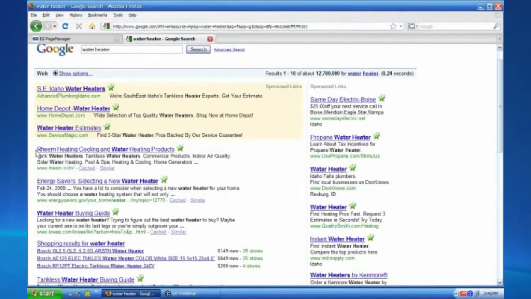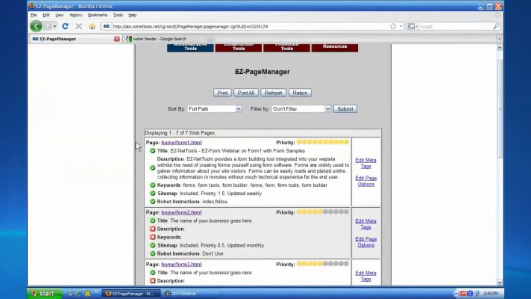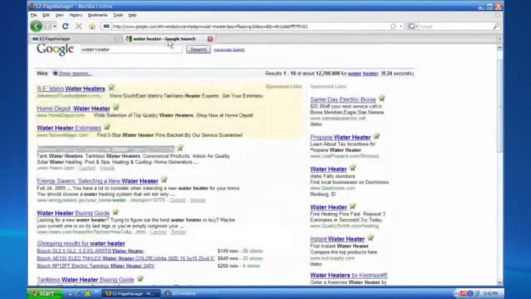And so Google has taken this title, Ream Heating, Cooling, and Water Heating Products, and has made this the title of this website that shows up on the search engine. And that title is being pulled directly from the title section of that website, which you can specify here within our tools. Now, that's important because Google is giving you control or the ability to specify the titles of your